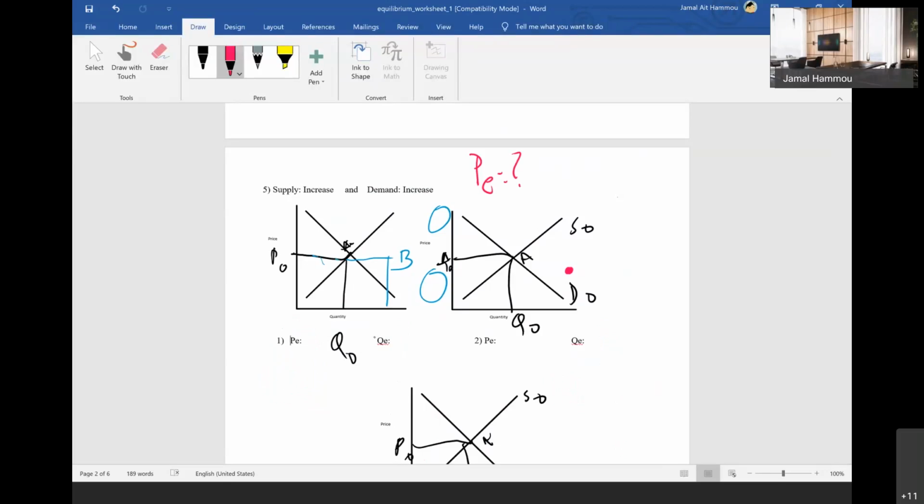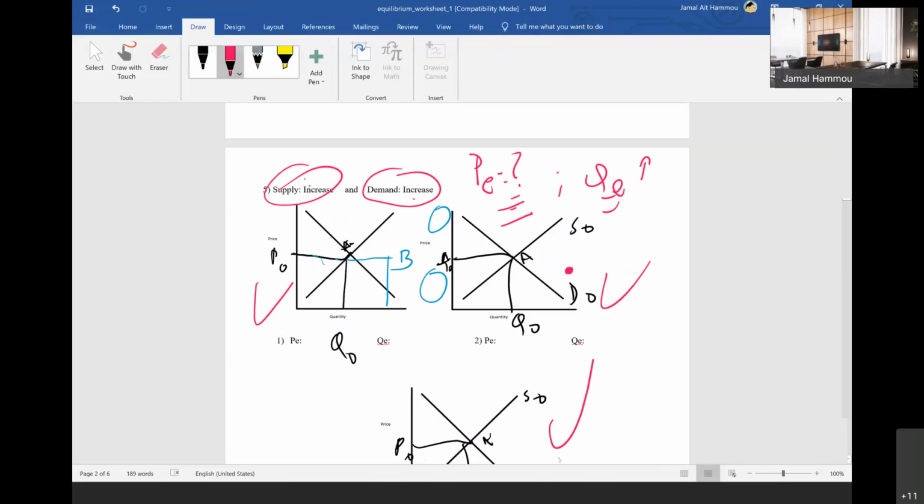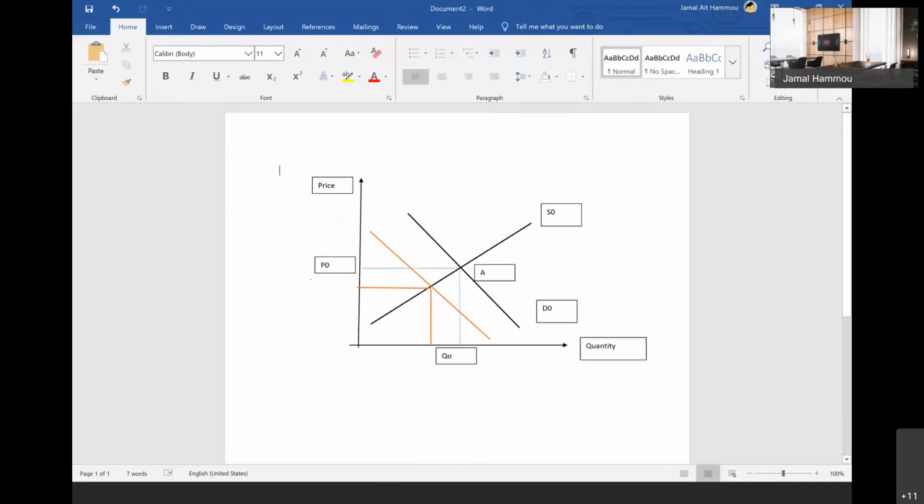That means I don't know, because I have 3 cases, either the same or down or up, and the equilibrium quantity will go up. Then I will give you information to conclude that one of them is increasing more than the other. Now, what happens if we know that the demand increases more than the supply, or the supply increases more than the demand, or they both are increasing by the same amount? So you have to figure out, is it case 1 or case 2 or case 3? What I'm trying to explain to you here is, if you just have an increase of supply and an increase of demand,